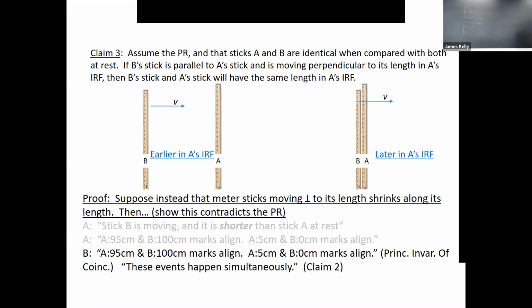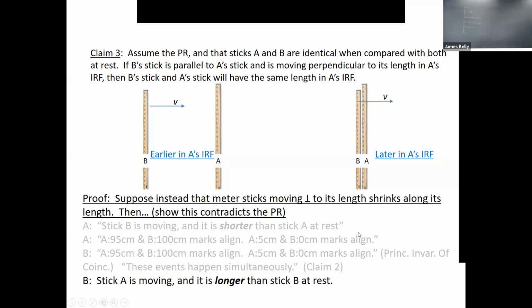Because look, B's end lines up with somewhere in from the end on both sides, right? B stick markings line up with a point that's somewhere not at the end. The end of B's stick aligns with markings that are not at the end on both sides of A's stick. That must mean that